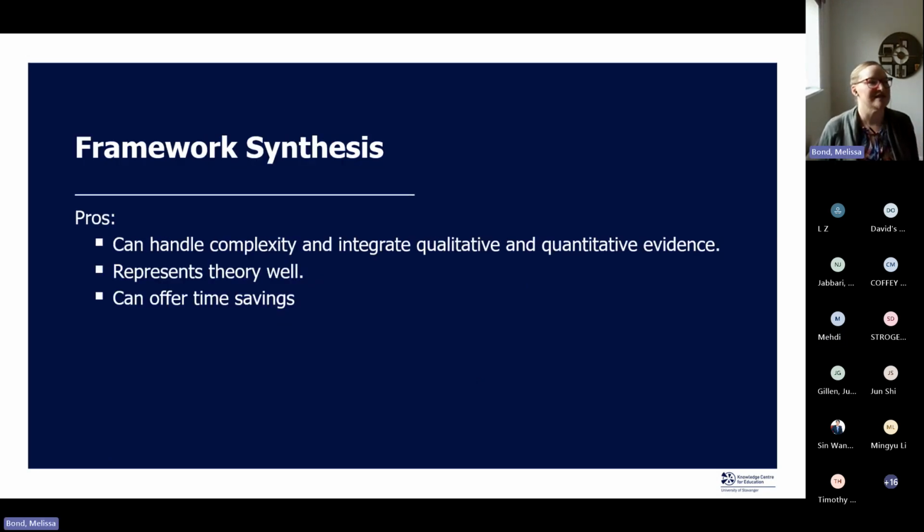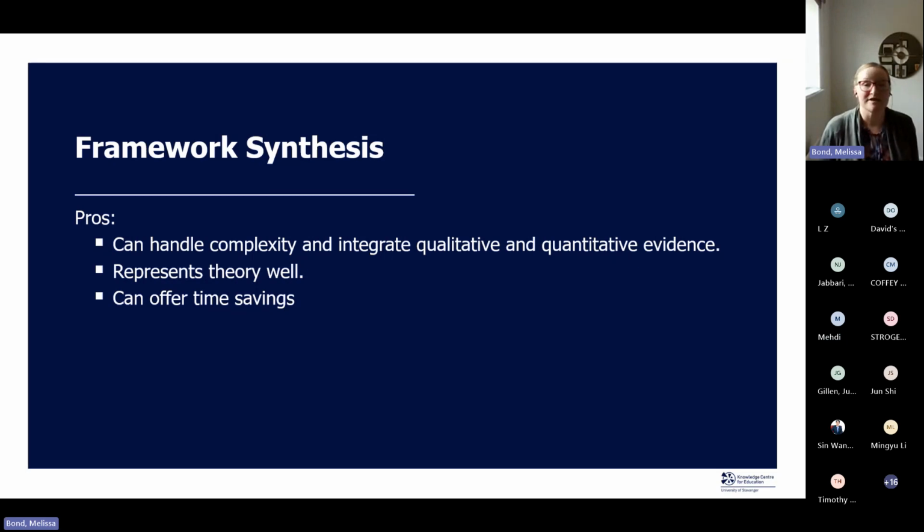The pros of a framework synthesis is that it can handle both qualitative and quantitative evidence, which I enjoy, because there is definitely a place for purely one or the other. But I find that the best way to understand the state of an intervention or any particular topic that you're looking at is to take in the evidence from all sides.